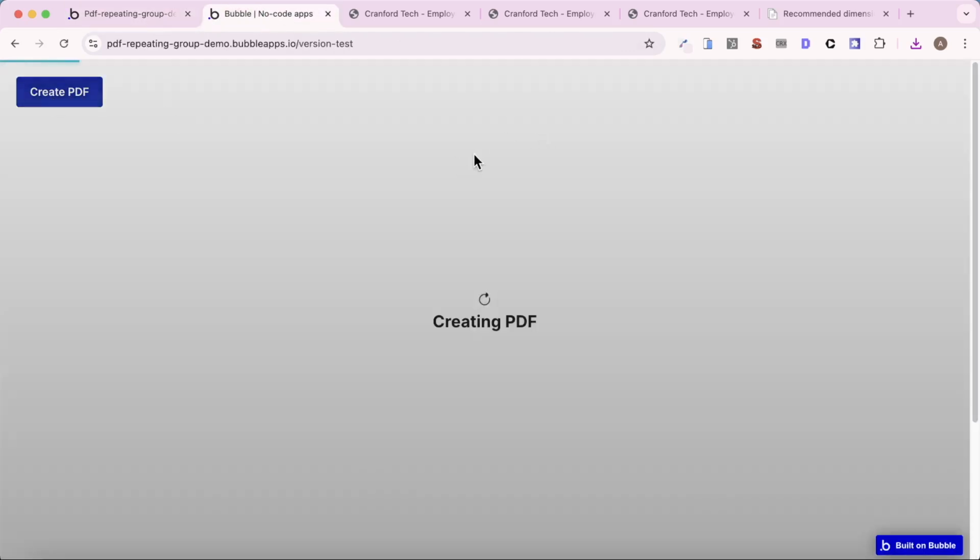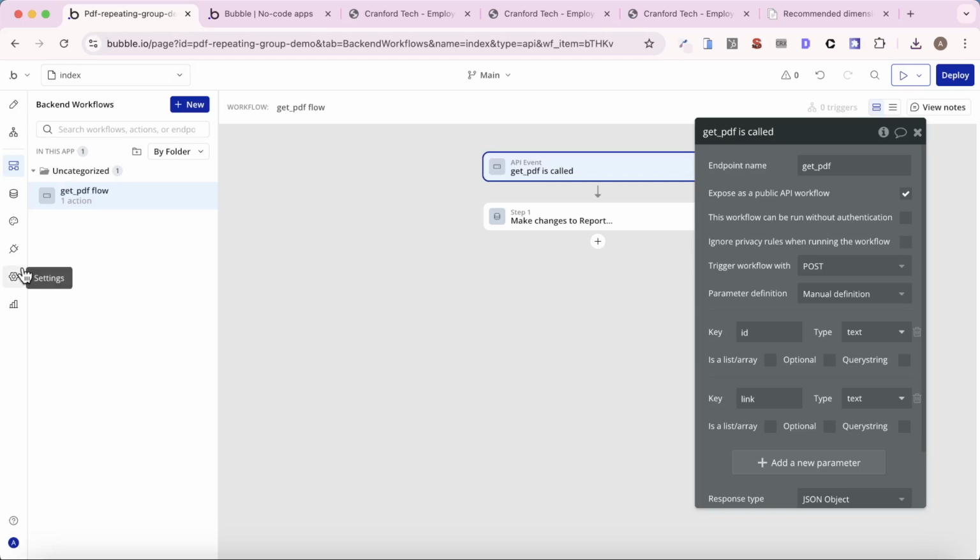workflow, you're going to see that it's just going to stall essentially, because we weren't able to run the backend workflow because we didn't provide it with authentication. So if I just leave this, it's going to stay like this for, however, infinite long until I refresh the page. So what I'm going to do to get around that is I'm going to go back to